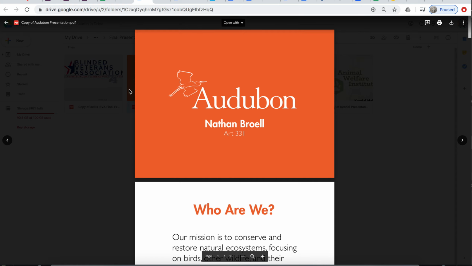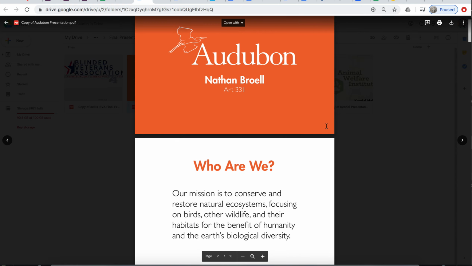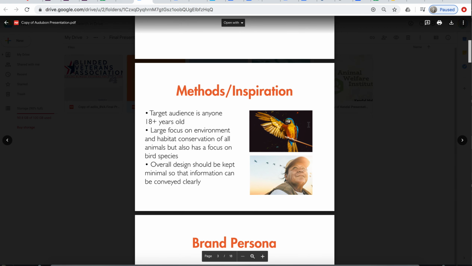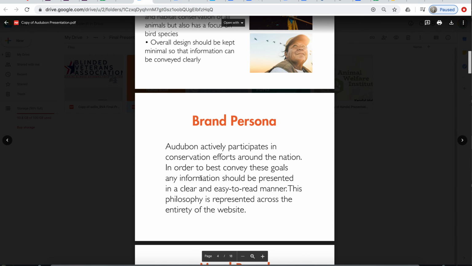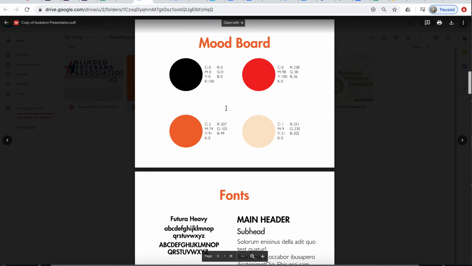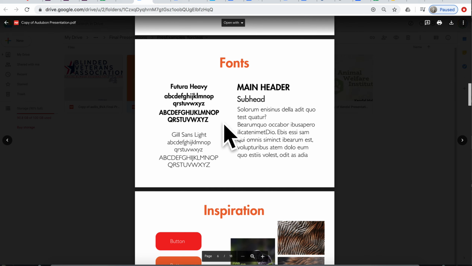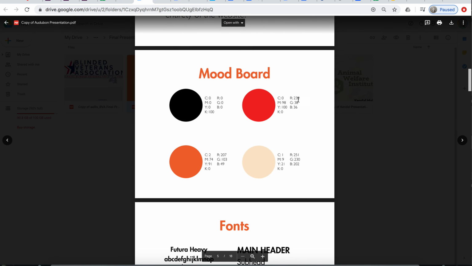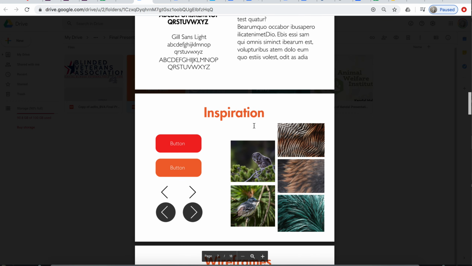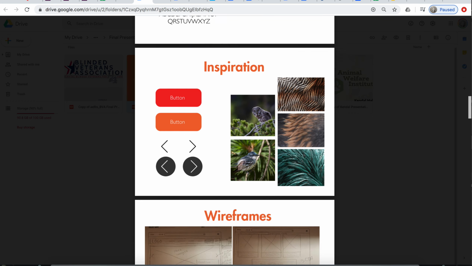So again, logo, name, class. Okay, so mission statement, methods and inspiration, brand persona, mood board. So for the mood board, I'd want to see a little bit more than just colors. Fonts. So he's kind of breaking his up into individual slides, which is fine. But you guys could probably get everything on one slide. There's some inspiration,